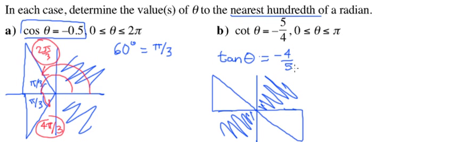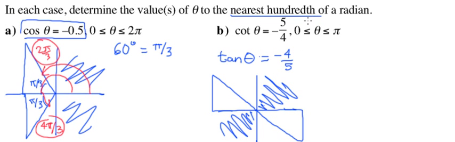I could label the opposite and adjacent sides. We could work it out that way by building up a triangle, but this isn't one of the special triangles, so we're going to need the calculator's help anyway. I'm just going to go right from here to finding the reference angle. So 4 divided by 5 is 0.8. The inverse tangent of that is,